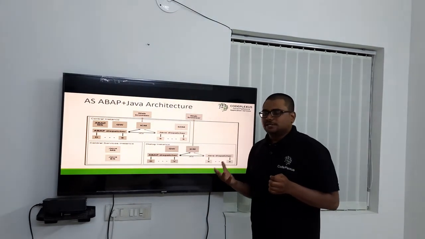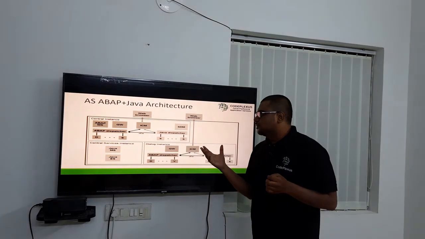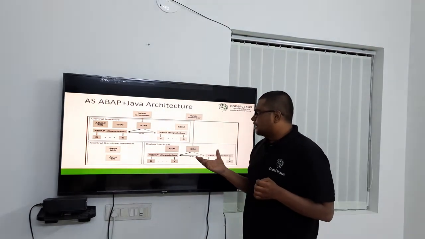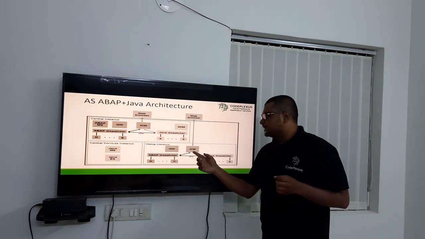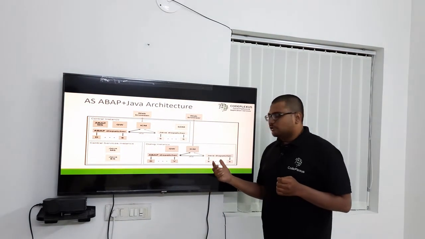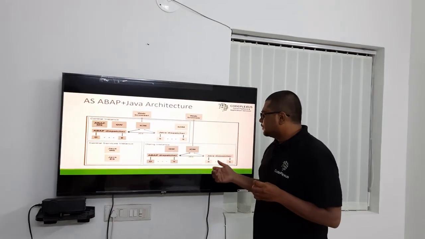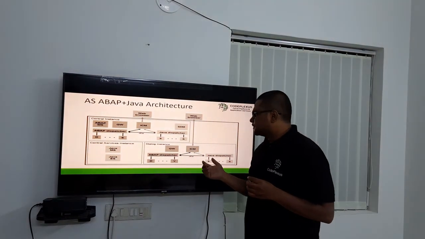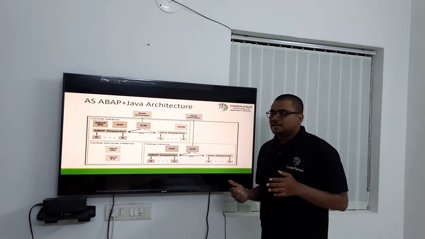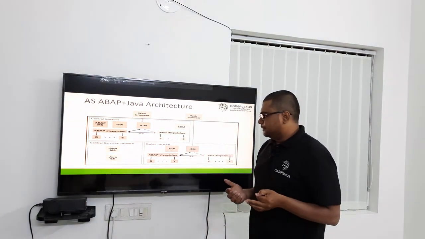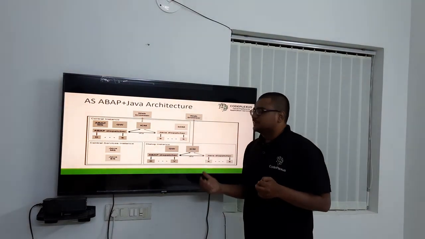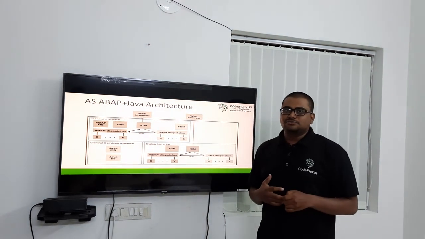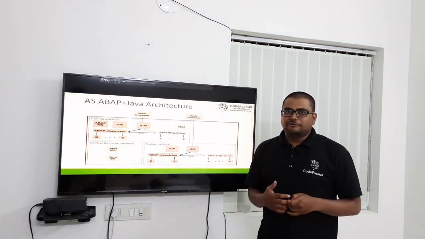If the request is from a web process or a Java application, it is directly detected by the ICM and allocated to the Java dispatchers. And between the dispatchers, the Java connector enables communication. So by this, the three systems are used in this SAP environment.